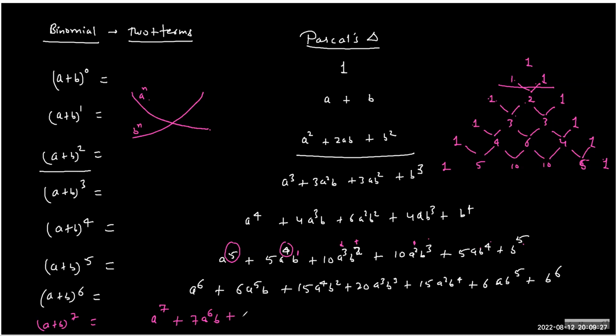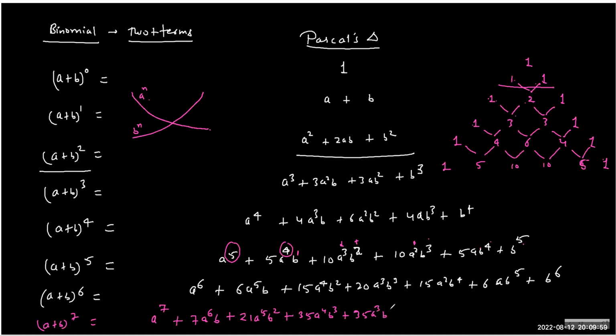Next term, 21, a raised to 5, b square. Very good, because the sum of the powers is always 7. The next term, 35, excellent, a raised to power 4, b cubed. And after 35, the next term is 35, and the power is a power